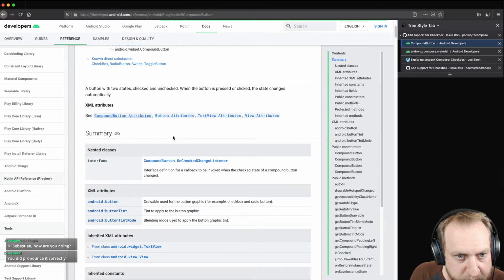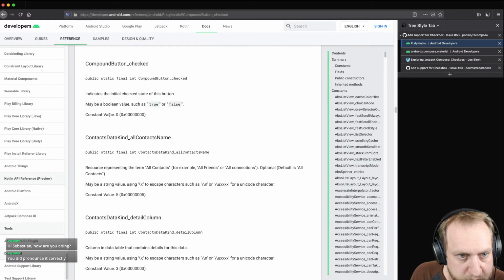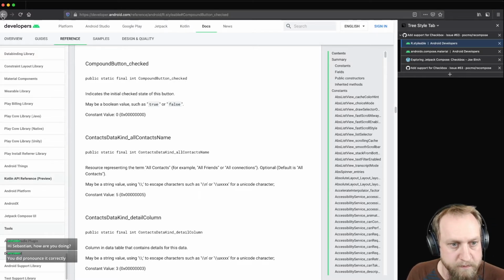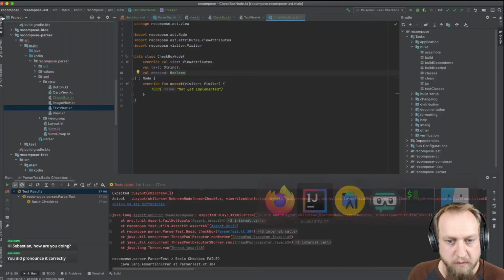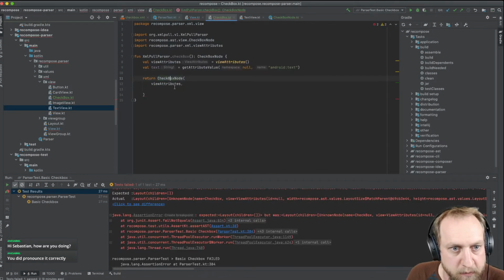Compound button attributes. Checked indicates the initial checked state. Yeah, I assume it's unchecked by default, so I guess we go with that, but we do this here in the parser, so